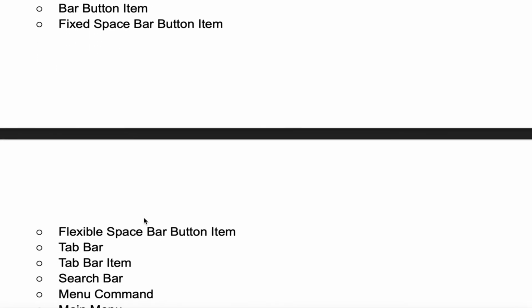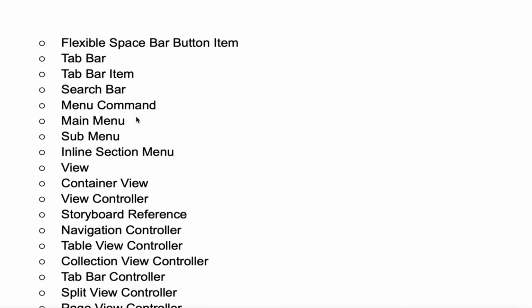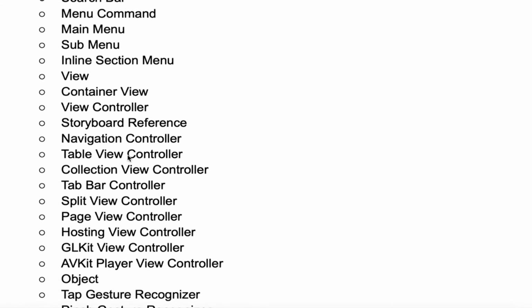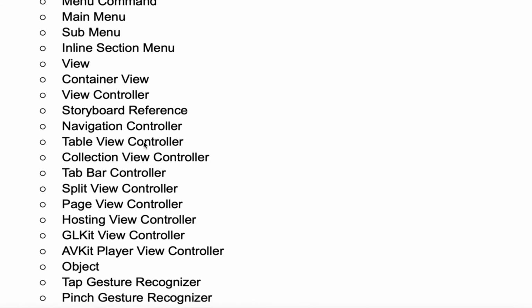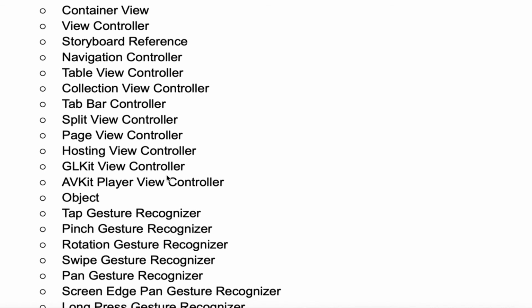Then we will learn flexible space bar button item, tab bar item, search bar, menu command, main menu, submenu, inline section menu, view, container view, view controller, storyboard reference, navigation controller, table view controller, collection view controller, tab bar controller, split view controller, page view controller, hosting view controller, GLKit view controller, AVKit player view controller, object,